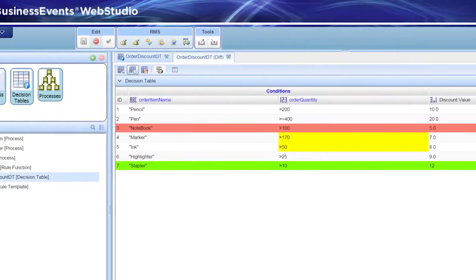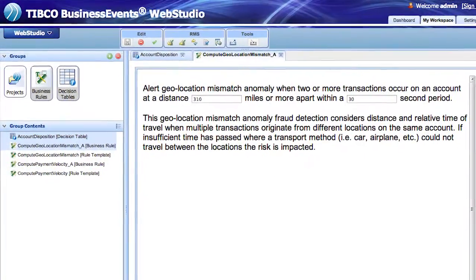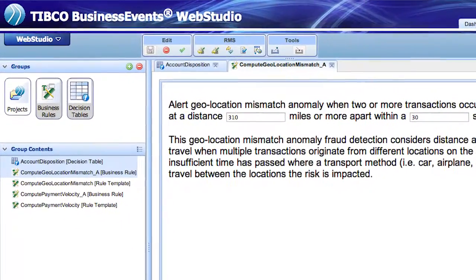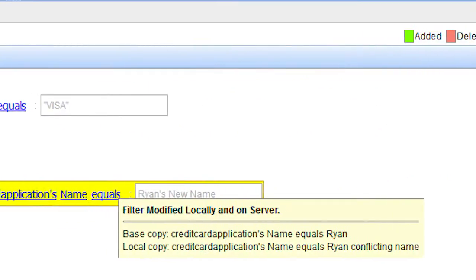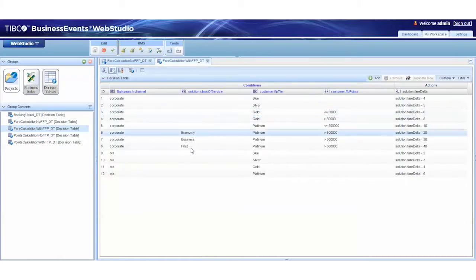In a lot of cases, customers are really looking to provide the end user community with a set of capabilities that allow them to modify and change business logic on their own without actually having to go through a complex IT development cycle. They'll often refer to this as a self-service capability. Web Studio places a nice, easy-to-use interface on top of the BusinessEvents platform that allows you to modify business logic, add new business logic, and even to deploy that business logic without actually having to shut down any part